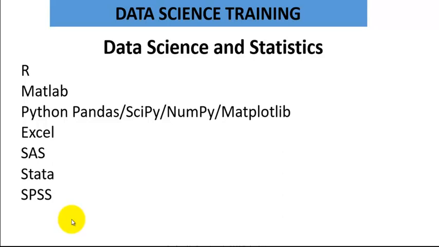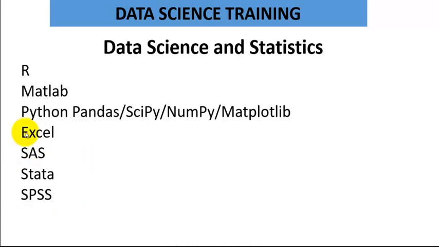But before we move on, let's look at the relationship between data science and statistics, because many people are confused. They ask, okay, this data science we are talking about, does it mean mean, median, mode? Is it analysis of variance? Is it pie chart, bar chart, and so on? Well, statistics is one of the tools of data science. Data science is more than that, as you are going to see later.